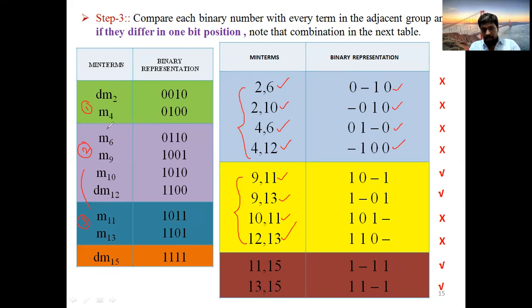These you are getting from the 1 and 2 group comparison. 1 and 2 comparison means these 4 you will get. 2 and 3 comparison means these 4 you will get. And 3 and 4, this is the fourth group, no? Last one. When you compare 3, 4, you will get these 2. Okay. All these are your single bit variance only. Single bit variance only, you should write into the table. Otherwise, you should leave them. Okay. Clear?